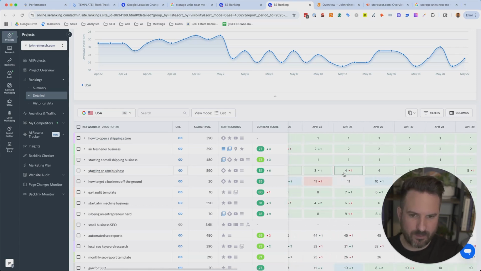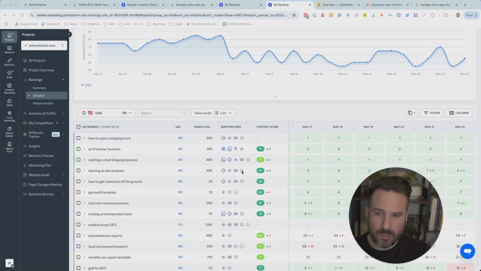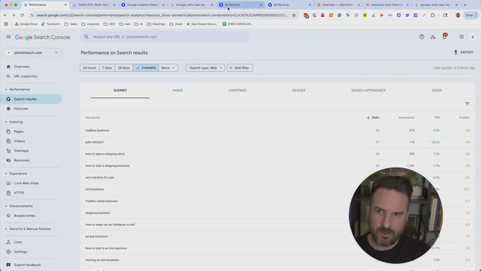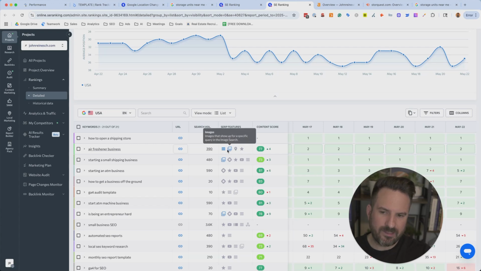and where I'm ranking currently. What I really like about this as well is it gives us a little bit of data too, where it gives us monthly search volume, where a tool like Search Console doesn't have that. The closest thing you get is impressions, but monthly search volume is an average of how often people search for that keyword. The SERP features is really nice to be able to quickly see what additional features are on the